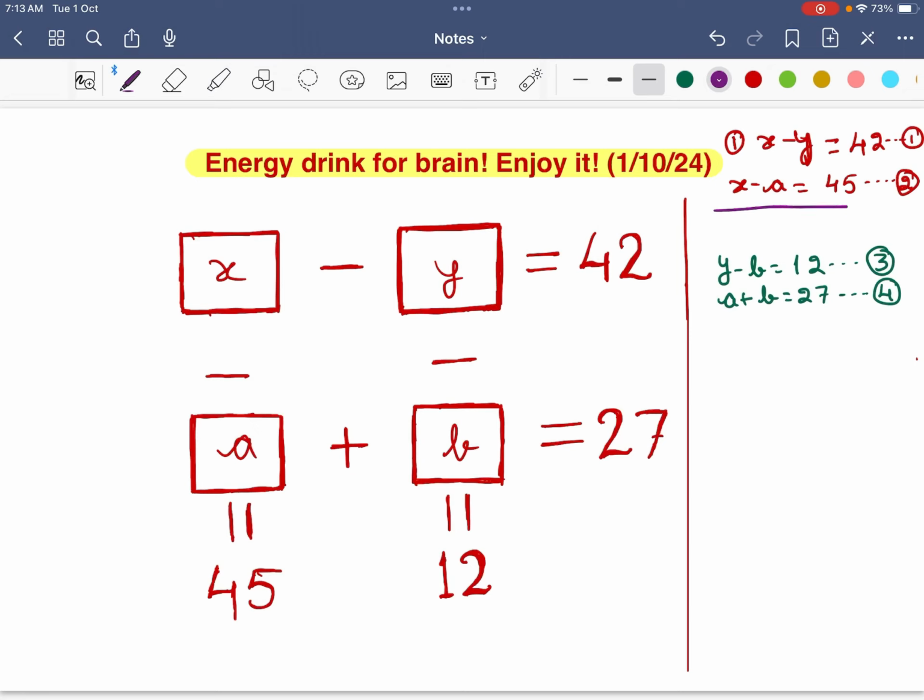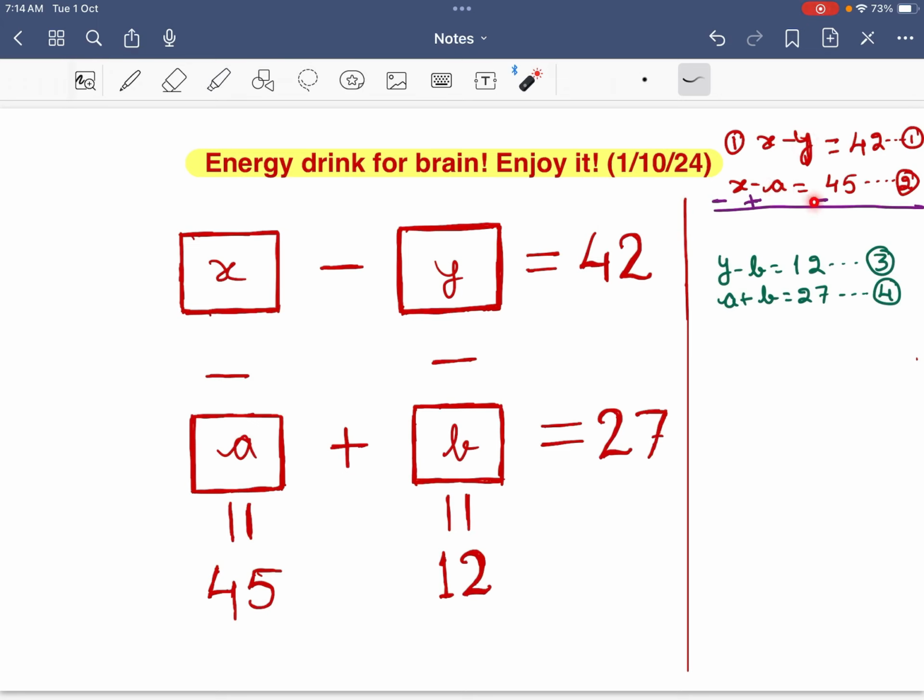see here x and x are there in 1 and 2. So we can subtract equation 2 from 1. So the signs will be changing. Okay, and this plus x and this minus x will be cancelled. Now this a is plus and this y is minus. Okay, so plus sign we can write first. So a minus y, ultimately it will be coming.